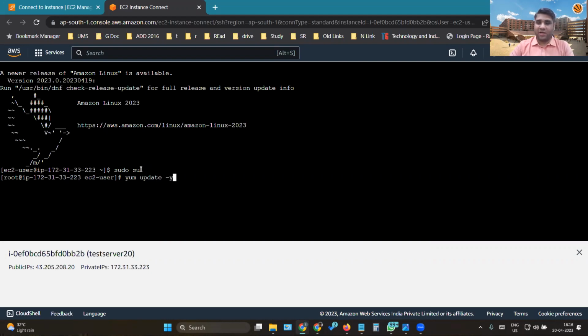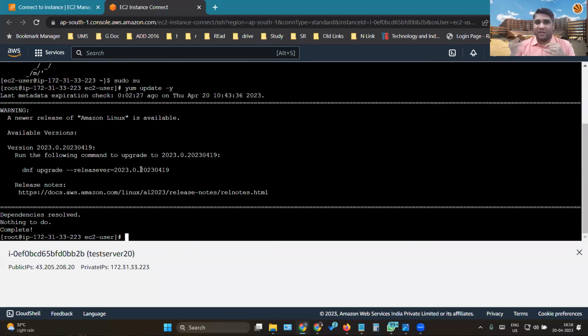This is the command for update. Yum has a very funny history of why Yum came into Linux. You can go out and check it. It's a very old one, the Yellowdog Updater, which was started with Linux. Someone gave that syntax as yum, so yum got stuck with it.